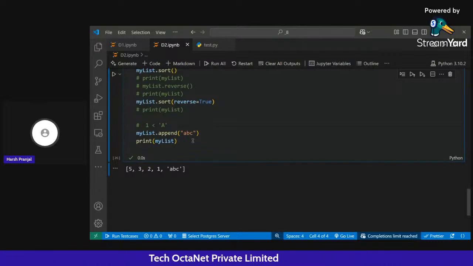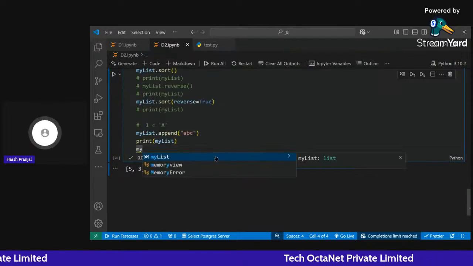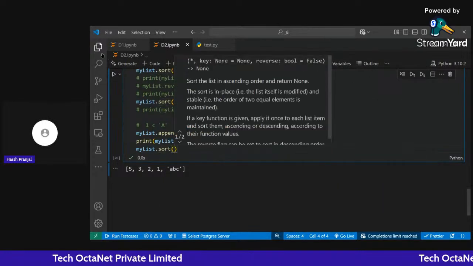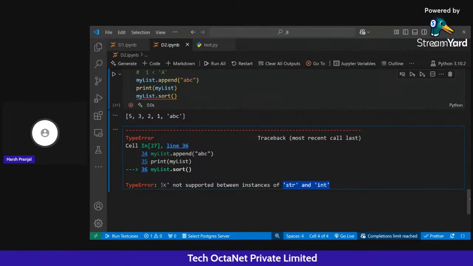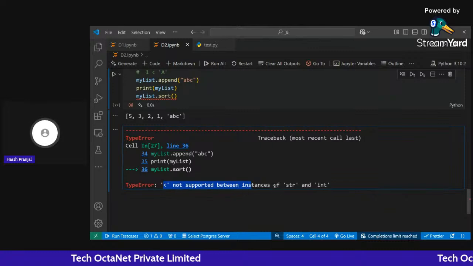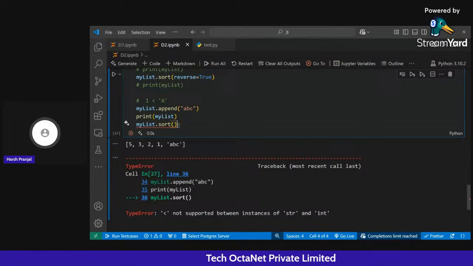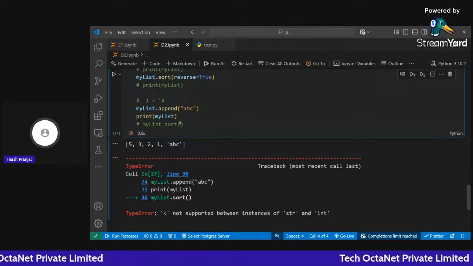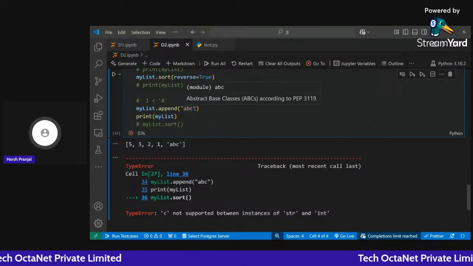You cannot compare a string with an integer. So right now I have a string in my list. Now if I try to perform sort, I will get an error, and the error will say we cannot compare a string and an integer. See, the less than operator does not support a comparison between string and integer. So whenever you are using sort, be confident that the data inside your list can be compared with each other, right? You cannot compare a string and an integer, but you can compare,